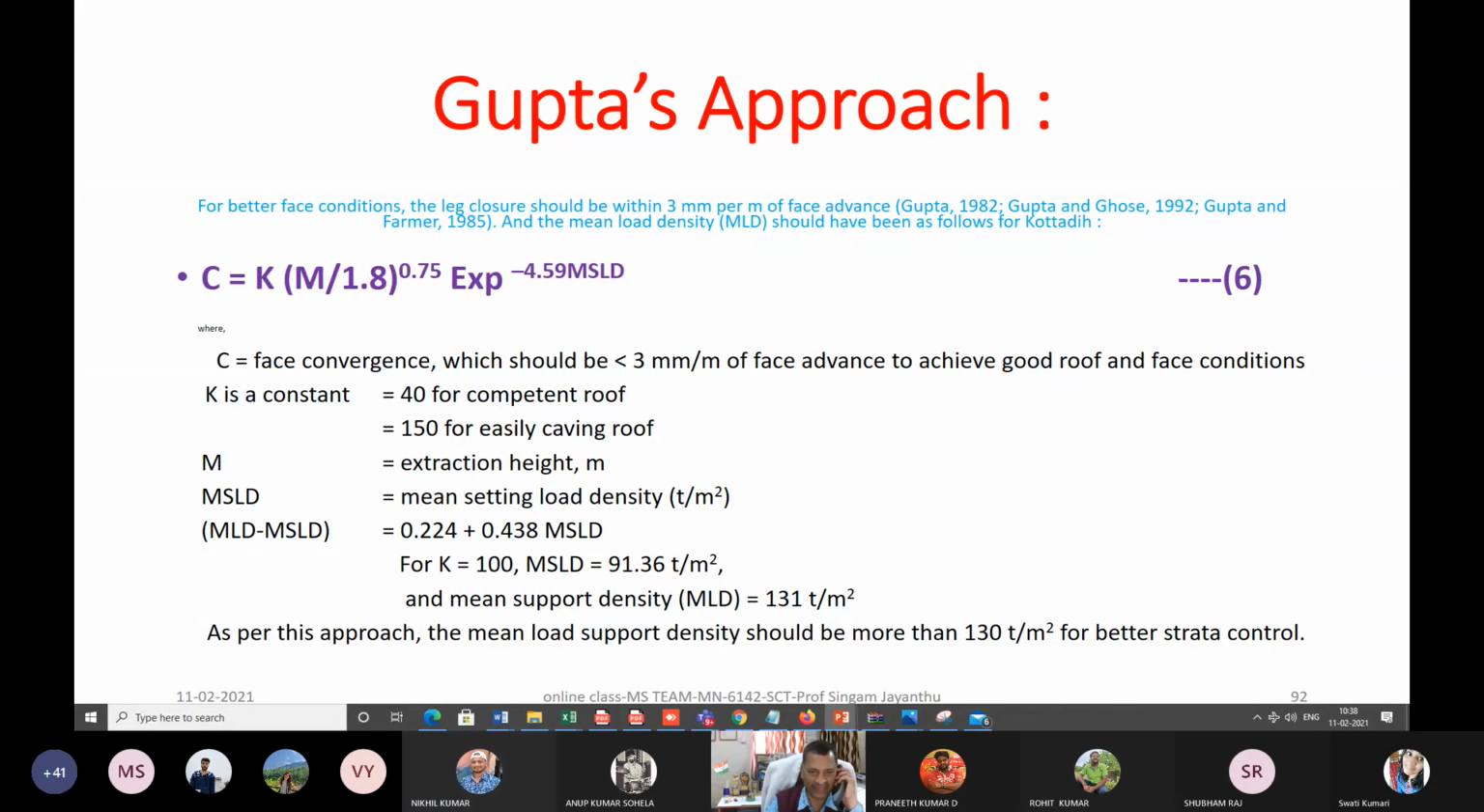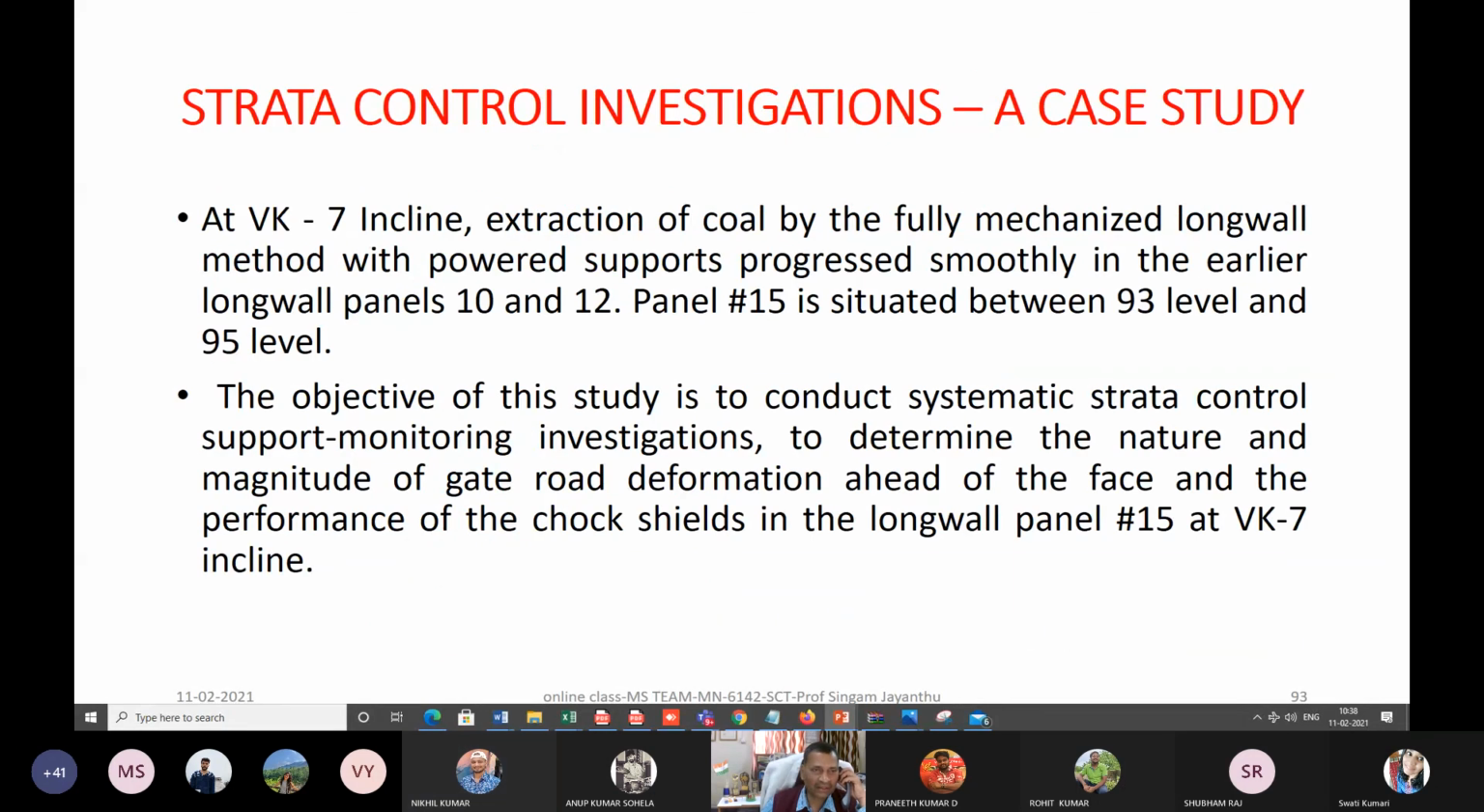And so we can utilize it for any longwall face condition in Indian mines. And we are now moving on to longwall investigation case studies in Indian mines. At VK7 incline, extraction of